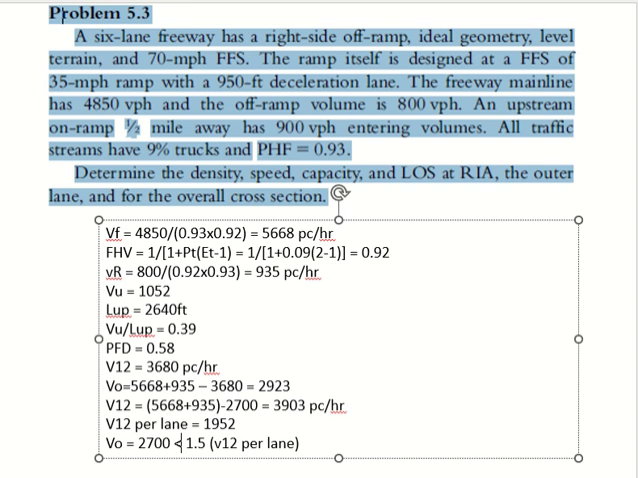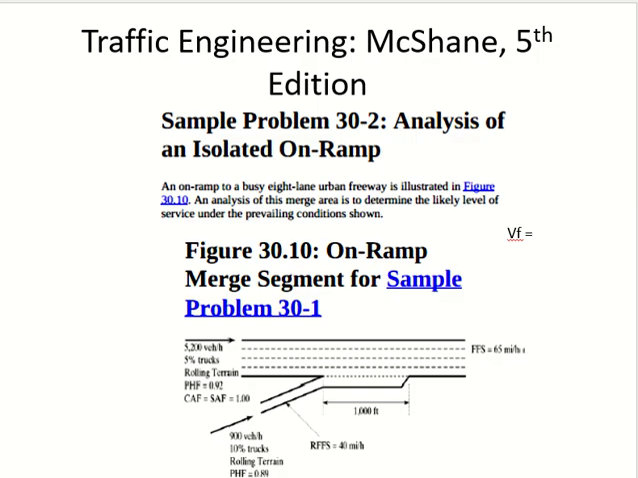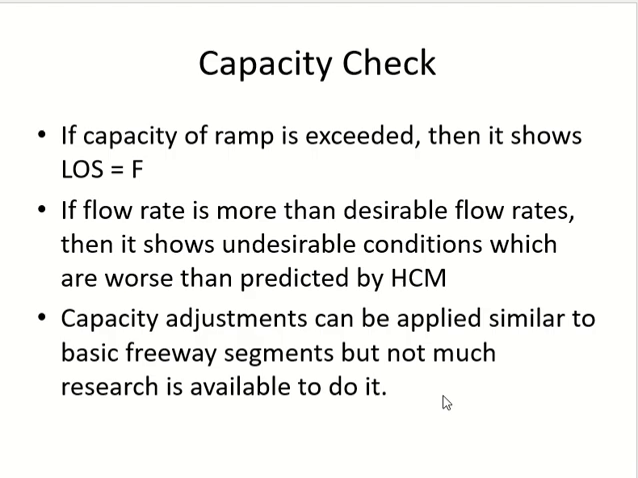Okay, this check is satisfied. Now we move on to the capacity check. If the capacity check is not satisfied, the level of service is F. Okay. What are the capacity checks? The capacity checks are